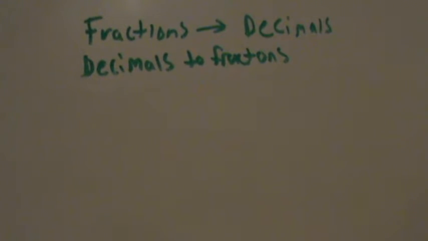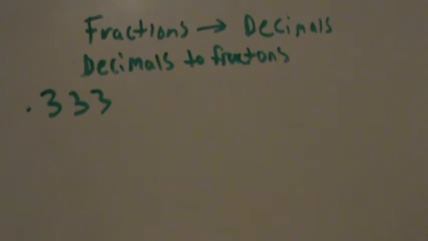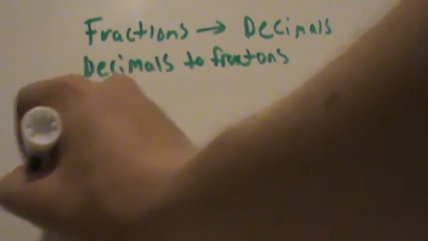So let's say you had something like 0.333, and you wanted to make that a fraction. Well, what would you do here? This goes out 3 decimal places. This would be 333 over,